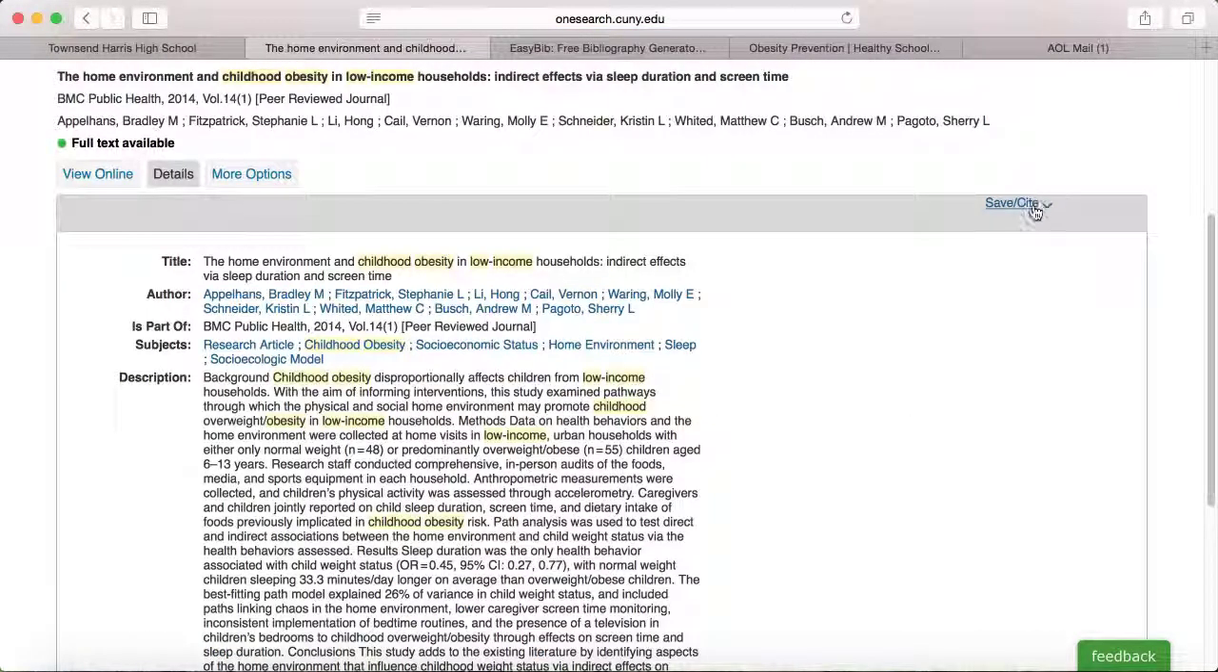And here is a link that says Save and Cite. One of the really cool things is I've used this article in my research paper. And I can cite and get the citation emailed to me. I could get it printed to me. But one of the things that's really great is that I can take it and have it sent to EasyBib. And if I click send to EasyBib,